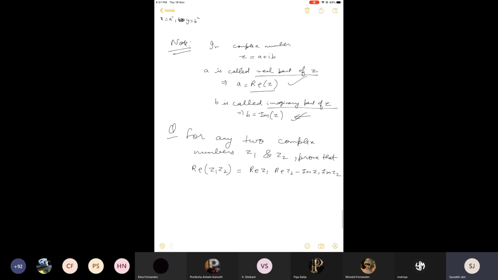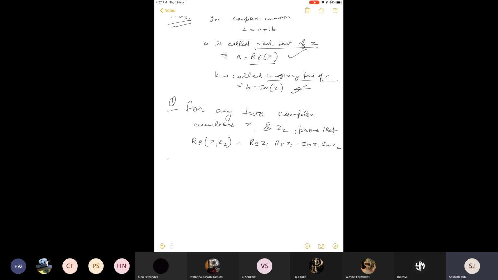I have taken this question from the miscellaneous exercise of complex numbers from NCERT. There's nothing like a miscellaneous question or anything. Overall, the question is very simple. We just need to understand the terminology: what is RE, what is IM and everything. They are saying that there may be any two complex numbers, not any two particular or specific complex numbers. Any two means general form. So let two